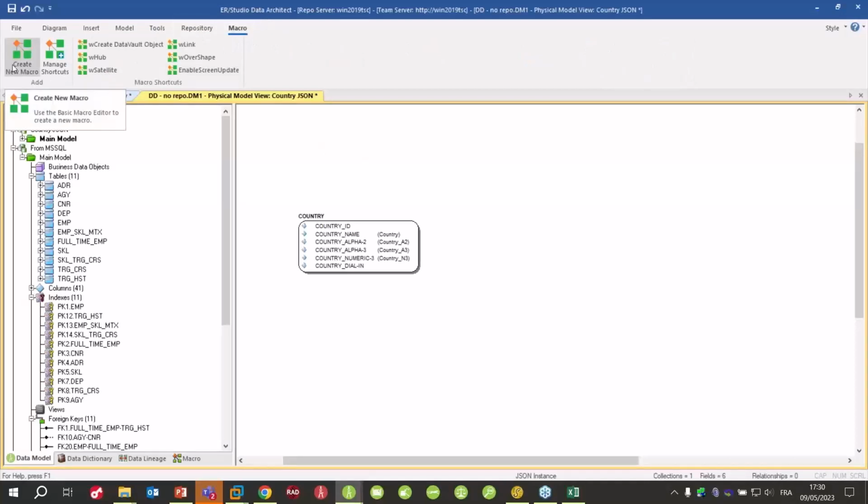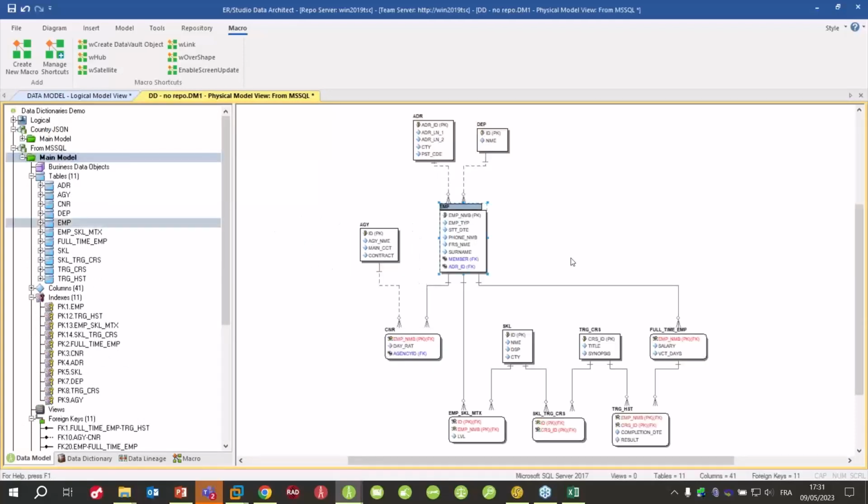So you can, from the ribbon tab, create a new macro. You can manage shortcuts, and the shortcuts will be available here. So, for example, I have some macros here which will do, if I take this one, for example, I go to my model, this one. I can select this object. I can run my macro W hub, and it will automatically